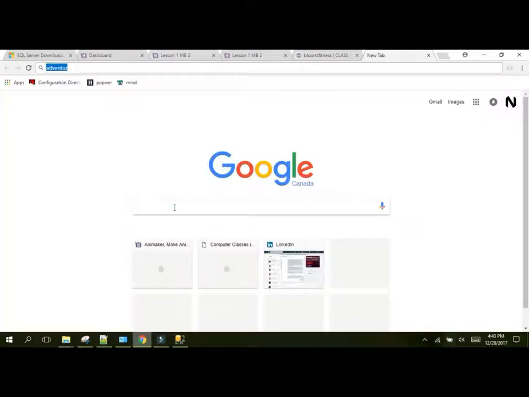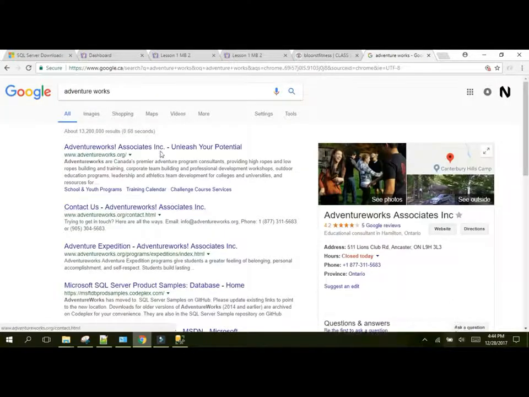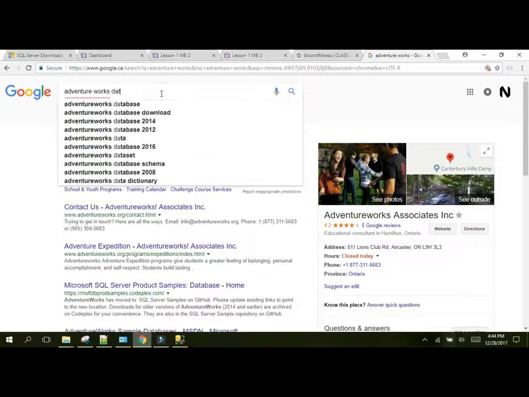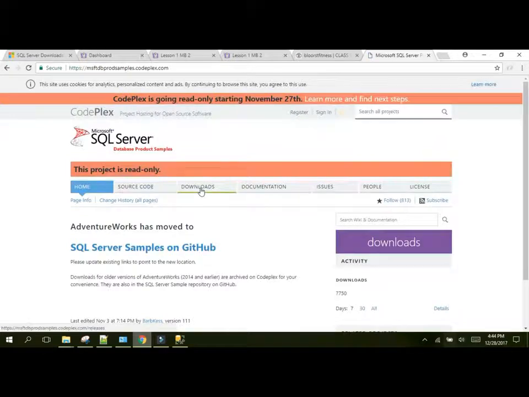So in Google, or whatever your favorite browser is, type in AdventureWorks. What is AdventureWorks? AdventureWorks is a learning database that Microsoft provides in order to master their database suites. There are other ones, like Northwind or Wide World, but we'll be working with AdventureWorks. So let's get it. Microsoft SQL Server Product Samples, Databases, Downloads,